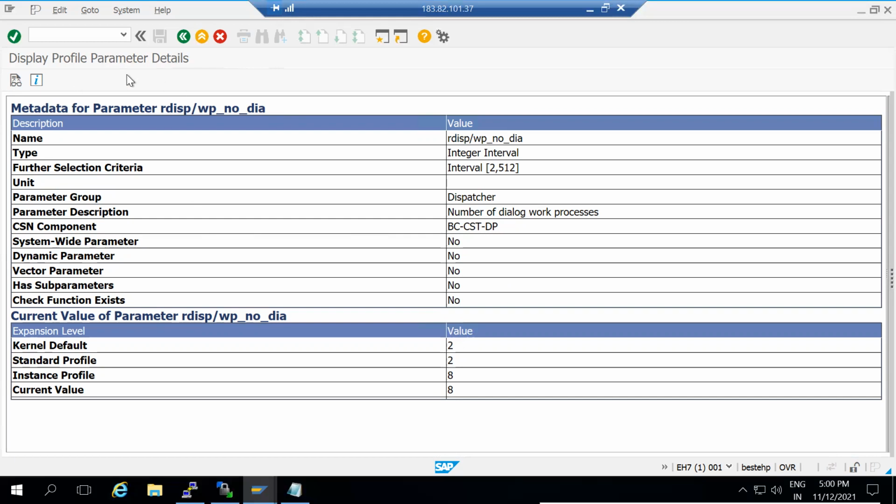See, you can't change it. How will you change it? If I double click here, nothing will open.